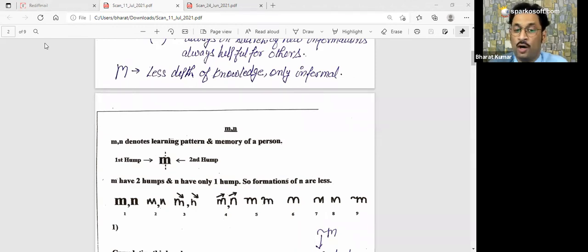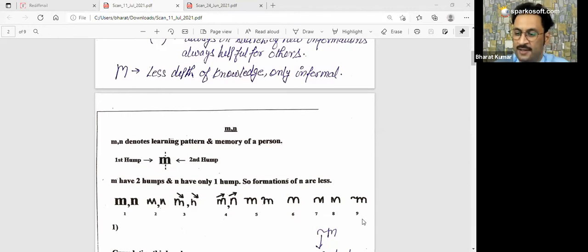Now check it. If you are studying M, listen, we have two humps. One is present on the left hand side, another one on the right hand side. One more thing, in the M, a minor hook should not be considered as a hook, because in general M we have a natural hook. But if the size of the hook is extraordinary, only then you will consider it as a hook. So make a note, in case of M and N, the left side top hook is not considered. I repeat again, in case of M and N, the left side upper hook is not considered as a negative hook.